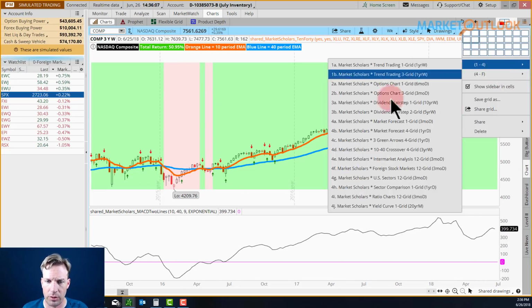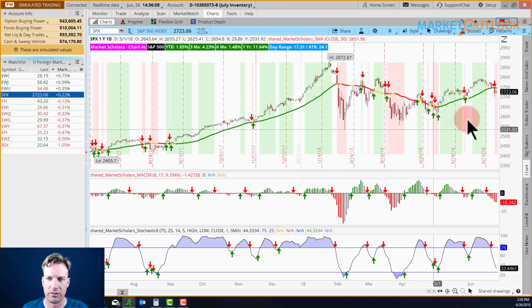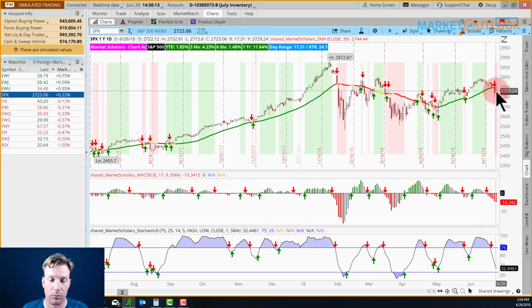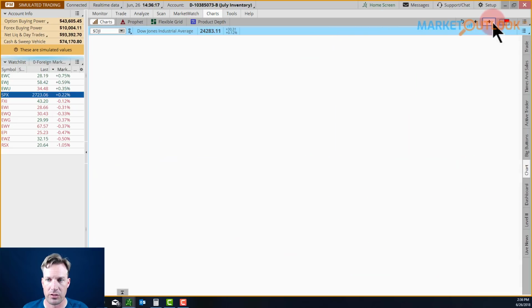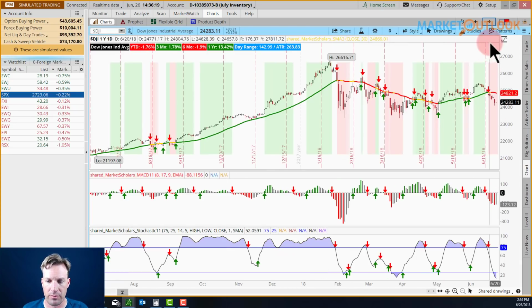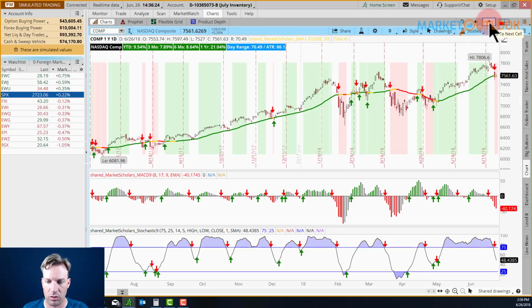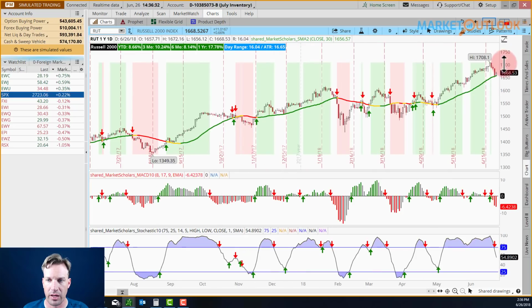If you take a look at the 3 green arrow chart, you can see the S&P still has 3 red arrows, so we're still pink. We're still below a now falling moving average, so the line is red there. You can see the Dow Jones Industrial Average, same thing, 3 red arrows. MACD and Stochastics is strongly oversold. Those sellers are in control. The Nasdaq, the Stochastics has just barely crossed below 50. It's got 3 red arrows as well, and the Russell 2000 has not formed 3 red arrows, so it's still got 2, so no pink shaded area there.